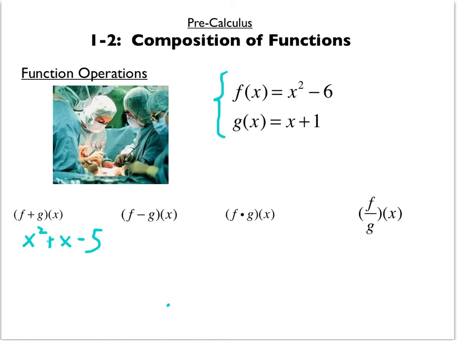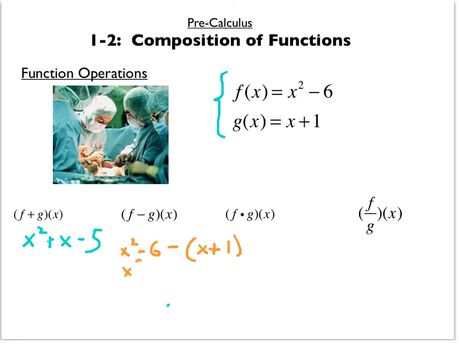Now, next one here, let's try the f minus g of x. As you can expect, I'm just going to subtract these. Now, this is slightly tricky because when I subtract a whole function, I do have to put parentheses around it. So I'm going to write it like this: x squared minus 6 minus, open parentheses, x plus 1. And notice I do put parentheses around my g of x function,